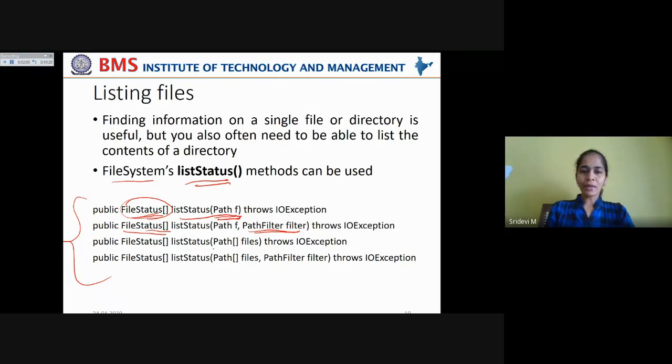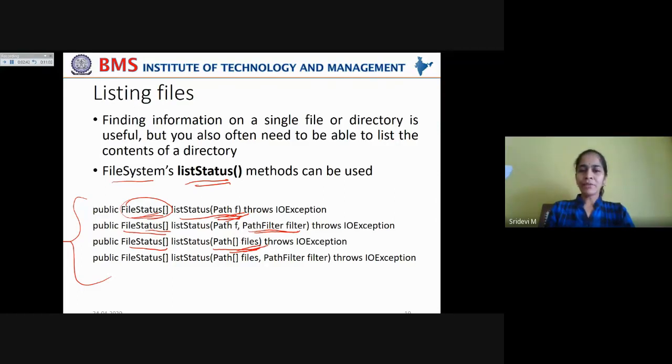Now, you can sometimes use file paths itself as an array. Instead of specifying a single file, you are specifying an array of file paths here, and all those details are returned to a FileStatus, and this FileStatus will be maintained as a two-dimensional array. One dimension mentions the file paths, and the other dimension mentions each file's parameters.